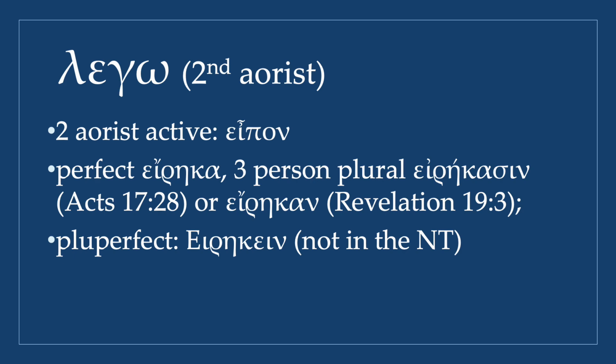It's worth bearing in mind also that there are two slightly different forms of the third person plural in the New Testament. In Acts chapter 17 it's arekasin, but in Revelation chapter 19 it's arekan. So the difference is just that in Revelation it doesn't have the sigma iota. I would imagine that this contraction has simply happened for ease, out of laziness maybe, because all languages tend to become easier over time, because that's human nature. We do things the easiest way we can, and so Greek, as it's evolved from ancient Greek to Koine Greek,